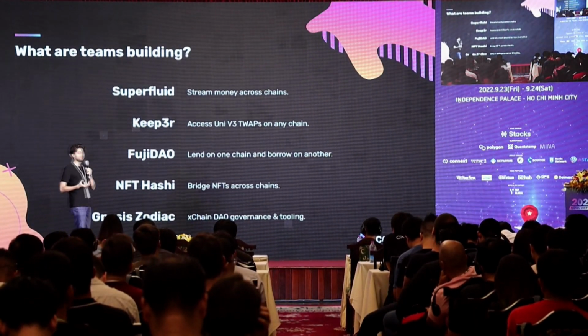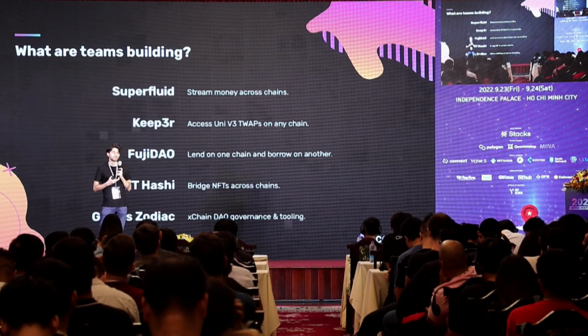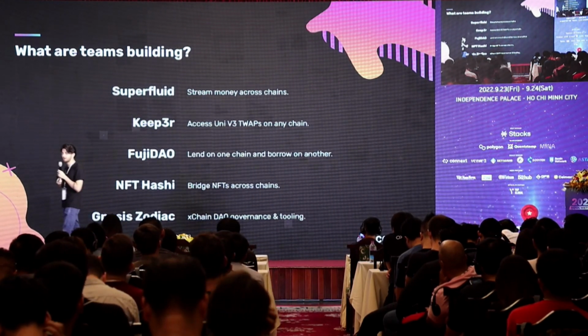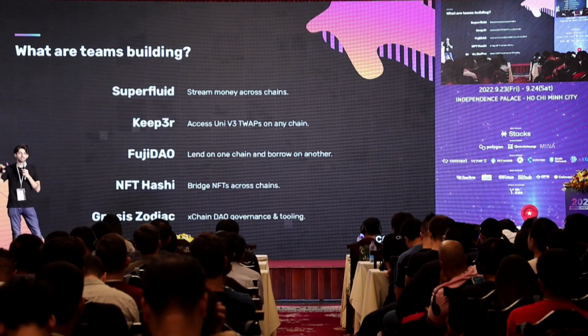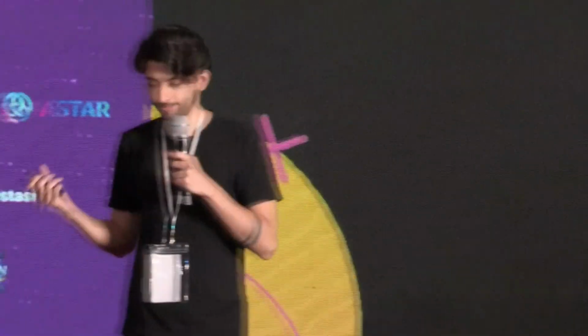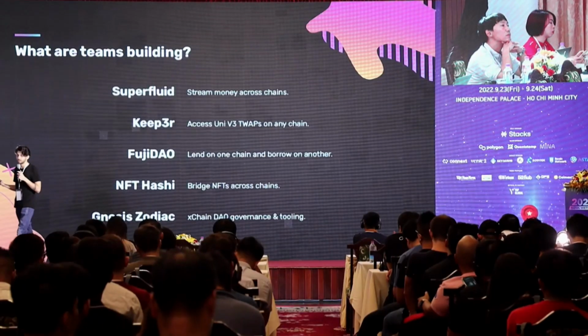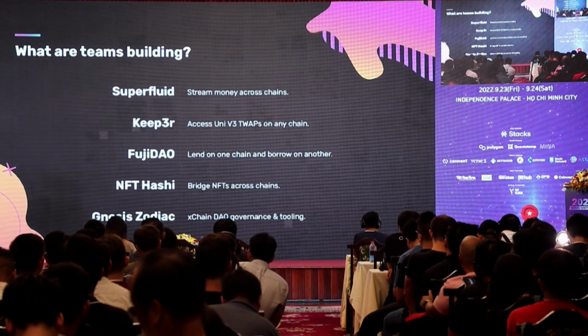NFT Hashi, another really, really interesting project. It's an NFT bridging and cross-chain NFT protocol. Right now, if you're building an NFT project, your NFTs are locked into a single ecosystem. So NFTs building on Polygon cannot actually trade on Arbitrum's, what's it called? The marketplace that's on Arbitrum. Or NFTs building on top of Optimism can't trade on OpenSea. That's a really fragmented and siloed experience, and it's also really bad for the marketplaces that want to be able to get the largest user bases they can. NFT Hashi solves that. It allows you to have NFTs that actually exist on multiple chains at the same time or can be brought to any other chain.